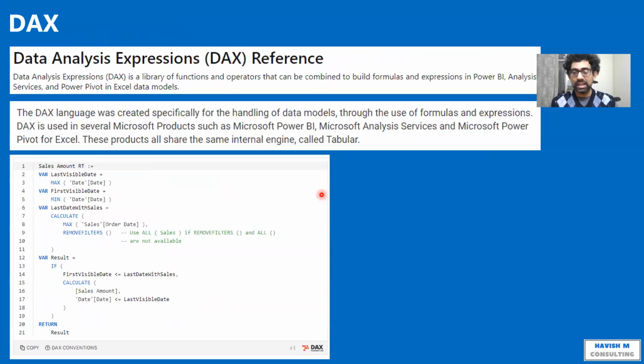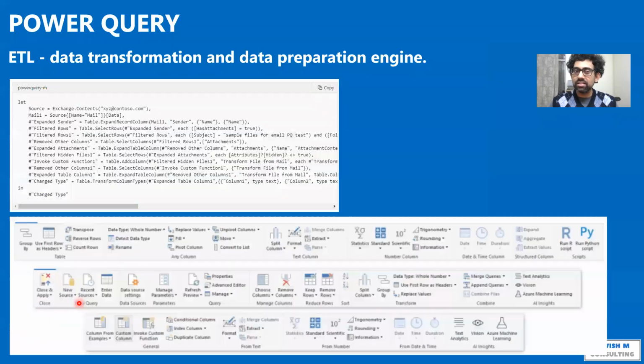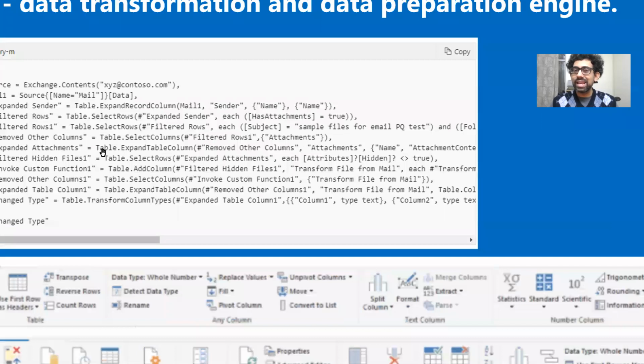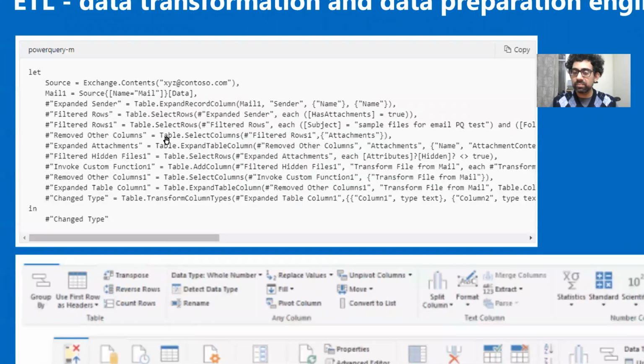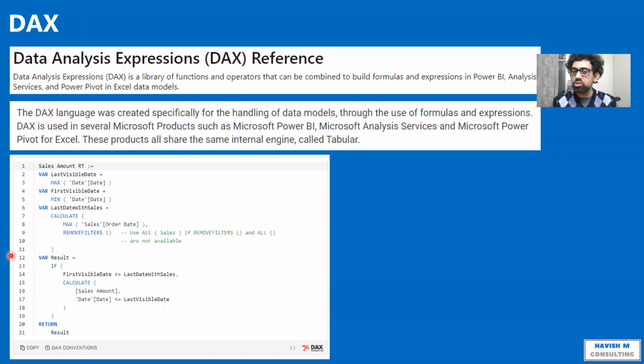Now there is a fourth language. So we have VBA, TypeScript, JavaScript, Power Query, and we have DAX. DAX is very similar to Excel. So if you look at the formula, don't you think this is quite a lot like Excel formulas? Like this looks so different, right? This doesn't look like Excel. It actually looks more like SQL. This, on the other hand, looks very much like Excel. A little more complicated, perhaps, but definitely very similar.